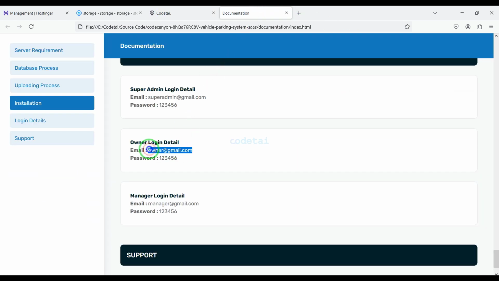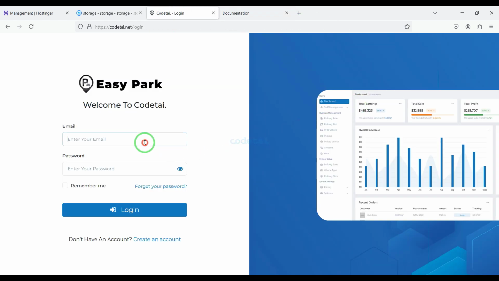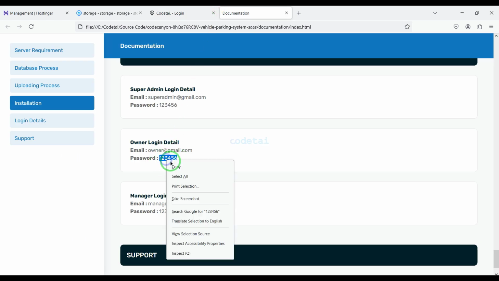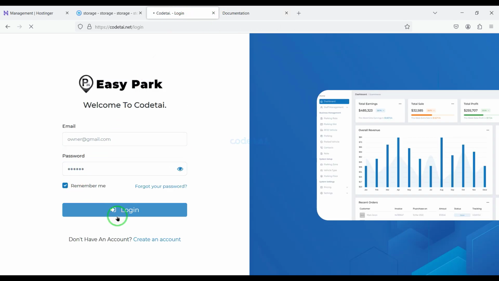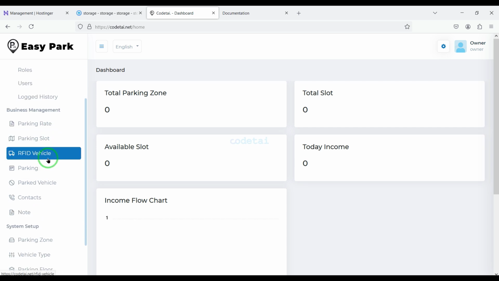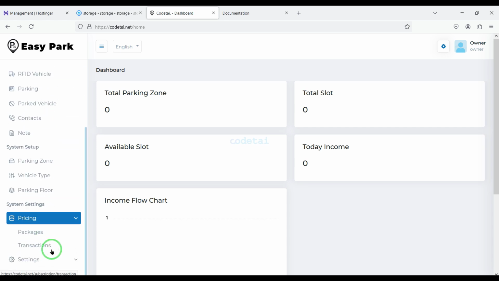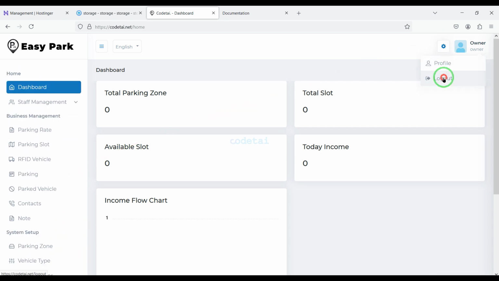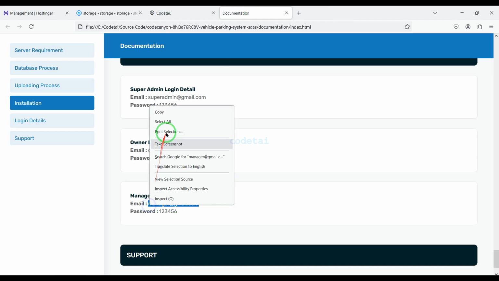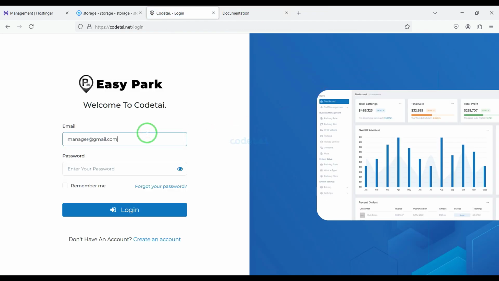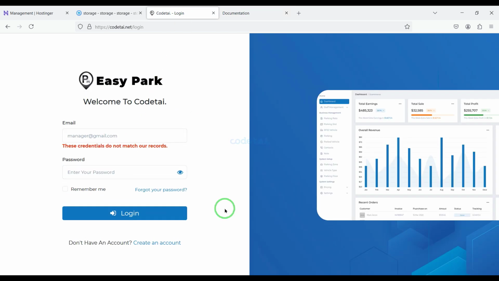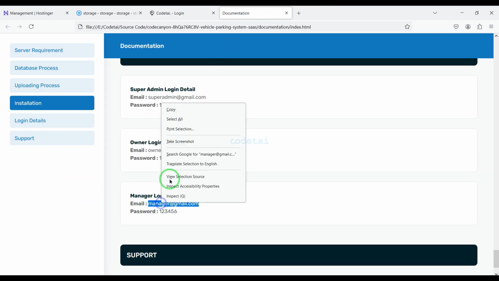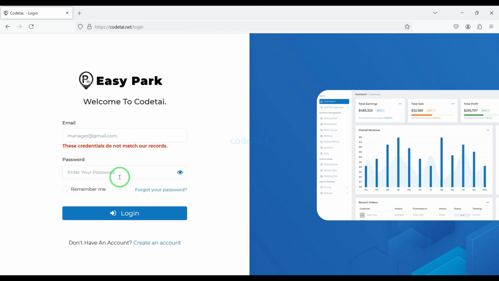If you want to create a professional vehicle parking management system website, then definitely purchase this source code, because if you create a website with this source code, you can get all kinds of features to create vehicle parking management system software. If you have any problem in customizing the website or do not understand any features and functionalities of the admin panel, then please contact us and we will help you.